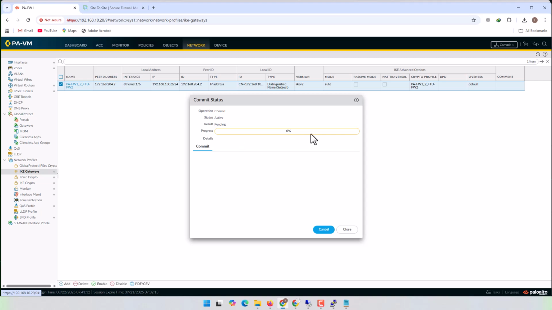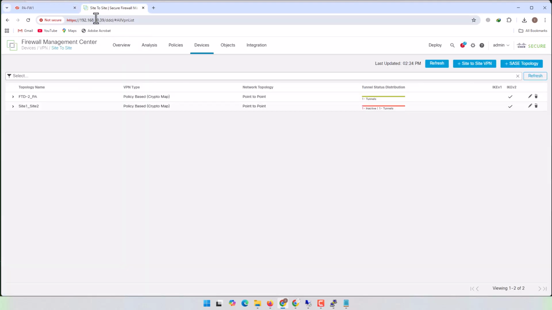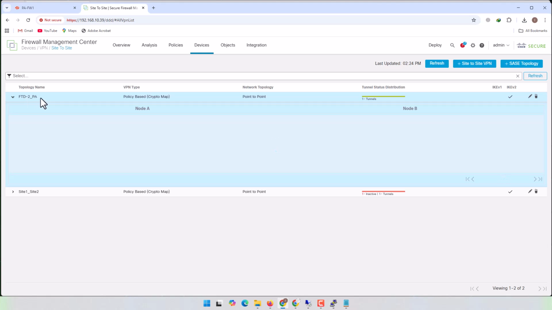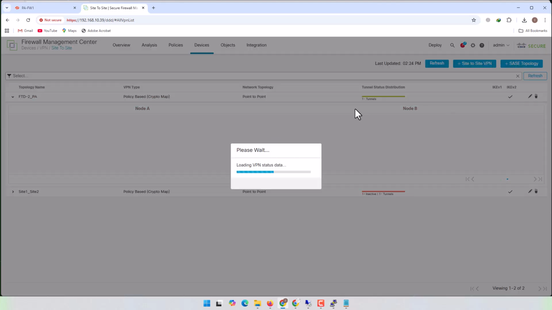Okay, the commit is now started, and now let's go to our FTD firewall and edit our site-to-site VPN and change it to the certificate. This is our tunnel here, FTD to Palo Alto, and if I click on edit,